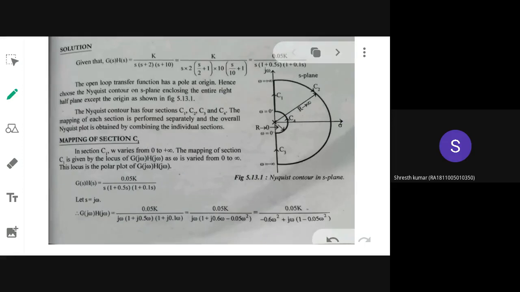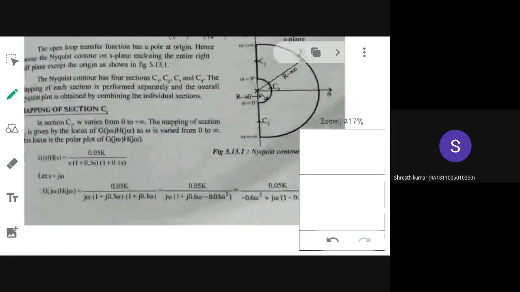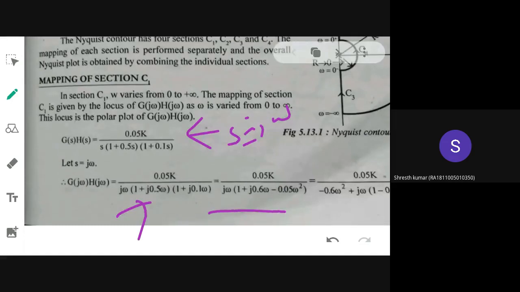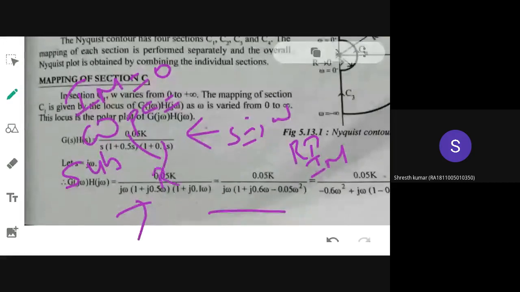So the procedure is as usual. First, in the open loop transfer function that you have got, which is being converted into time constant form, you have to substitute s equal to j omega. Then you expand the terms and find the real part and the imaginary part. You equate the imaginary part to 0, thereby finding omega. That will be your omega PC value. Then you substitute that omega PC in your real part, and that will give you the crossing points on the real axis. That is the procedure.